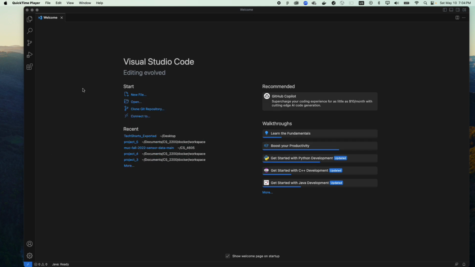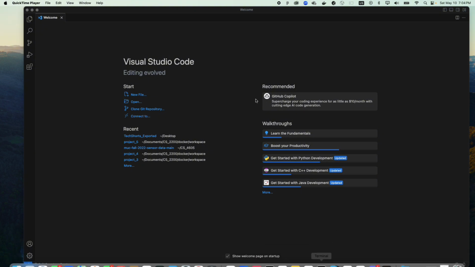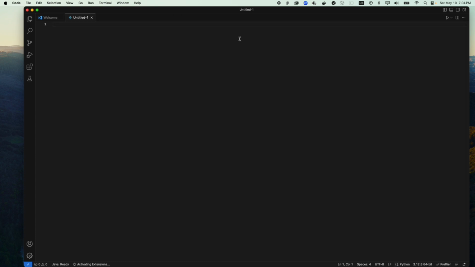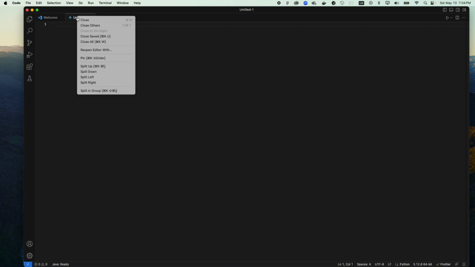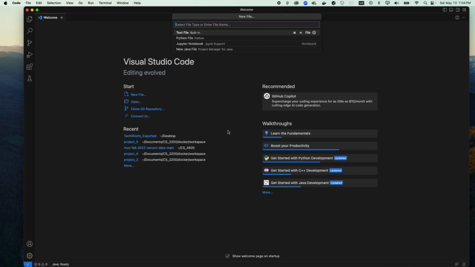So assume that you already have Visual Studio downloaded and have the app open up. What you want to do is click on New File and then choose Python file, and you can rename this Python file to whatever you want, but this is basically how you create a Python file: just by going to New File and clicking Python file. Or what you can do is type out the name,